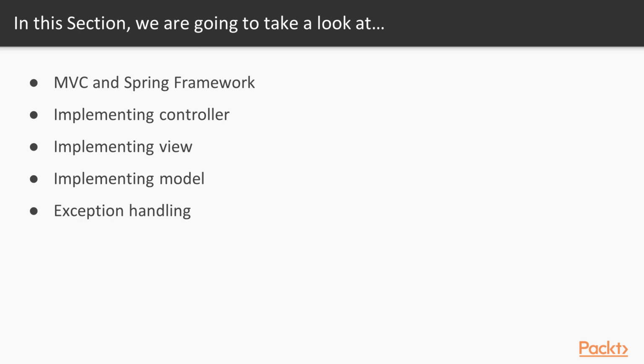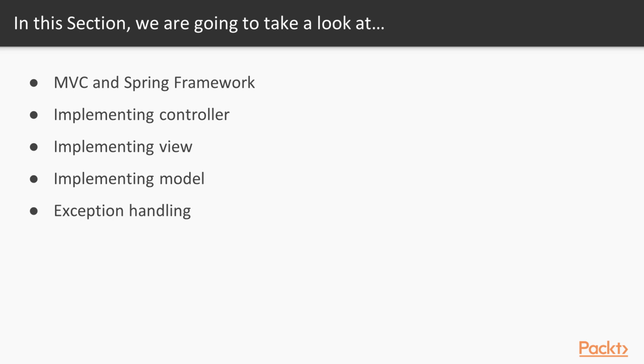And of course, we also need to take a look at how exceptions can be handled as part of Spring MVC support in order to make sure that all exceptions are handled correctly and users of our application will see